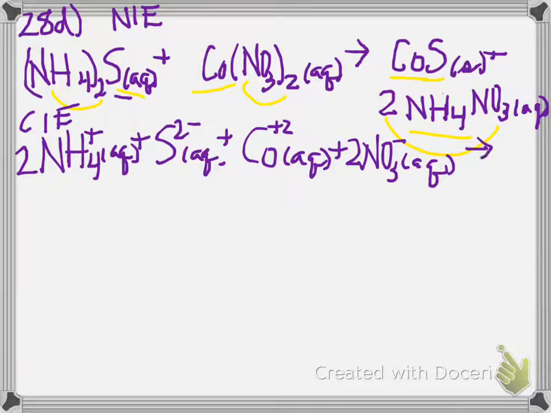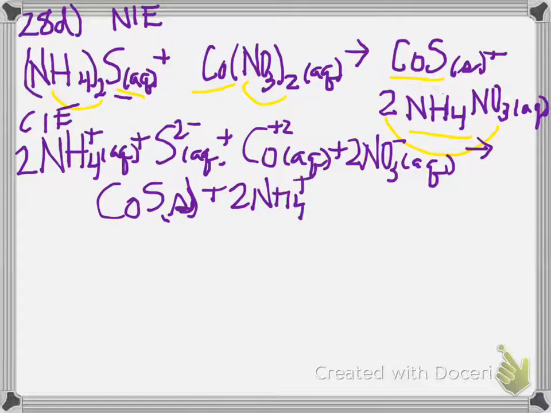Again, I'm breaking apart everything that's in our aqueous state of matter, so I leave cobalt sulfide alone. Right, and then I'm going to have 2 ammoniums, aqueous, plus 2 nitrates, aqueous,